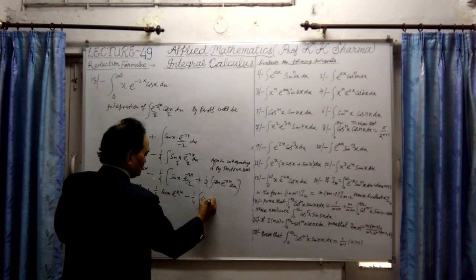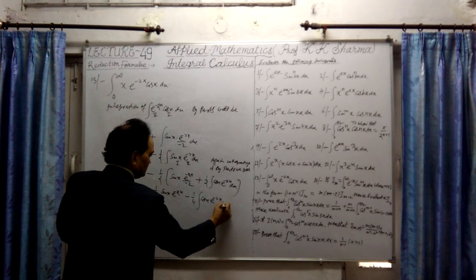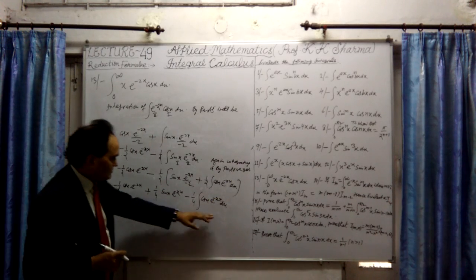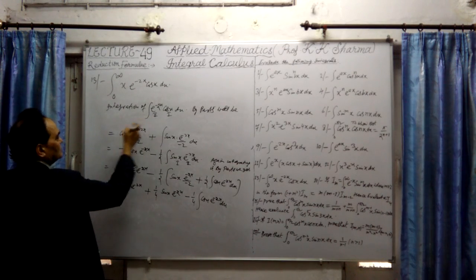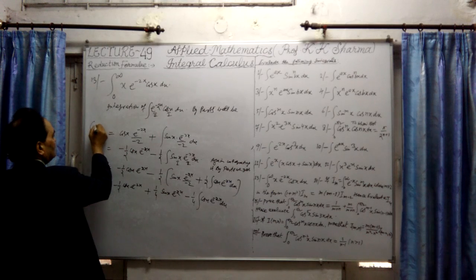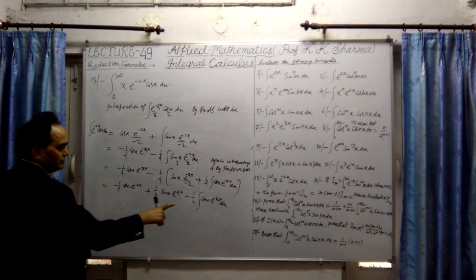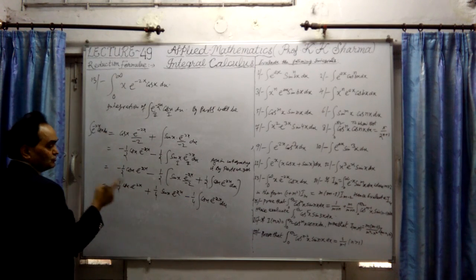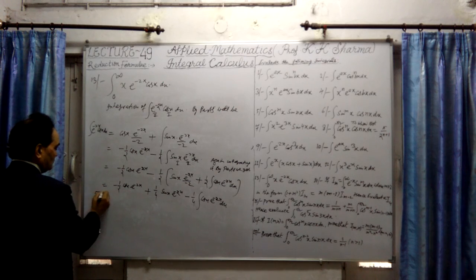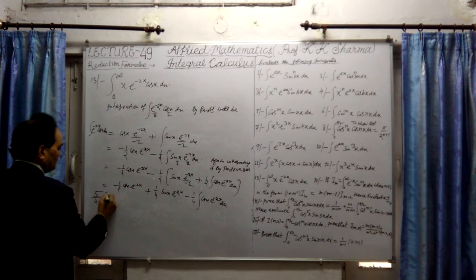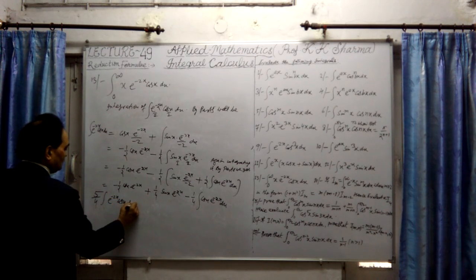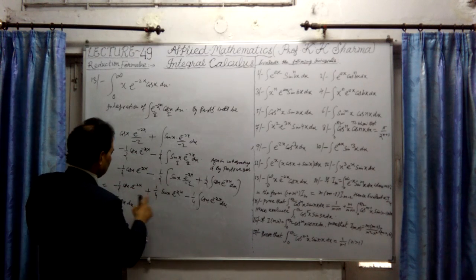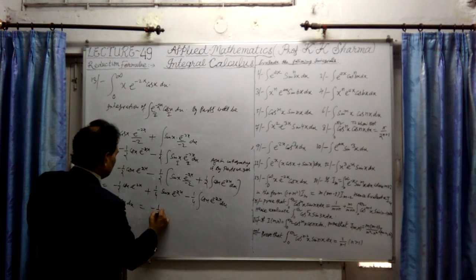The integral of cos x e raised to minus 2x dx. Alright, this can be taken to the left hand side with this, where we are integrating this function: the integral of e raised to minus 2x and cos x dx. If I take this 1 by 4 to this side, it will be 1 plus 1 by 4, which is 5 by 4. So 5 by 4 times the integral of e raised to minus 2x and cos x dx is equal to this value. These two are there. It will be minus 1 by 2